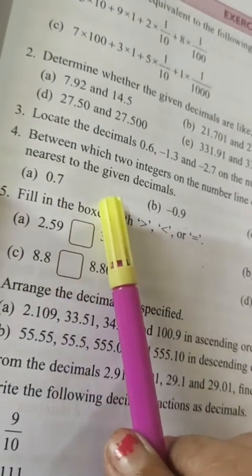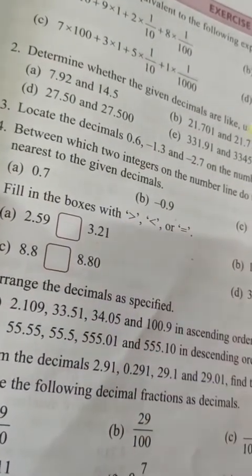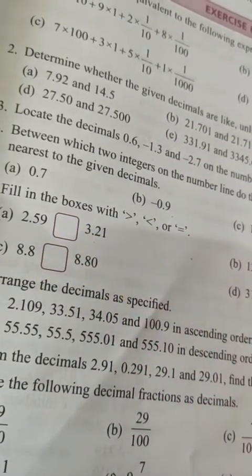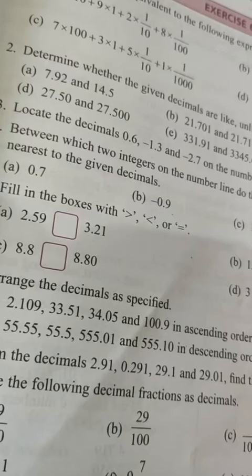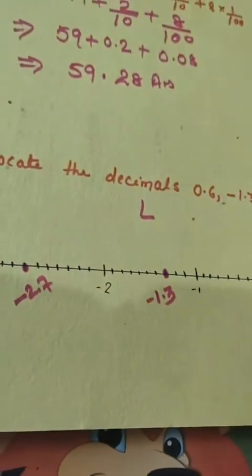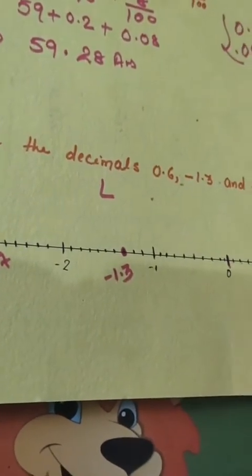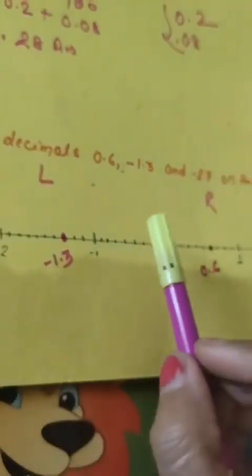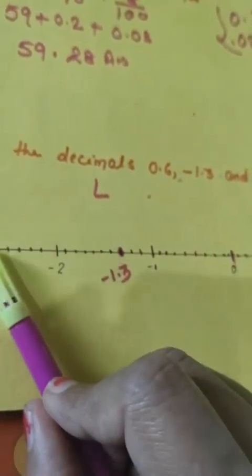A number 0.7. You know, integers means we have to mark one number line. Right side write the positive integers, left side negative integers. Same to same. Okay, like this one. And according to your suitability, you have to divide. In between 1, 0, 1, minus 1, minus 2, minus 3. In between we are given the distance of 9 and distance.